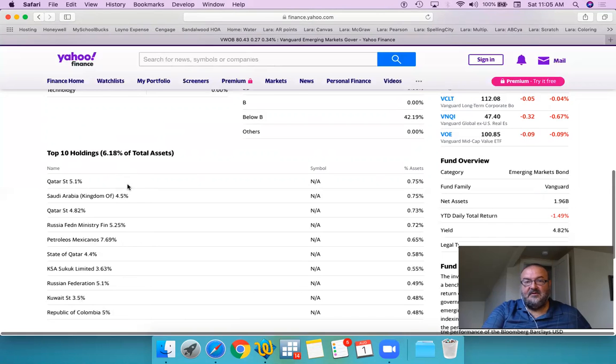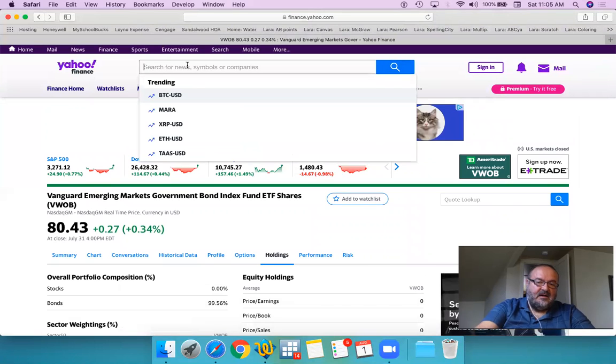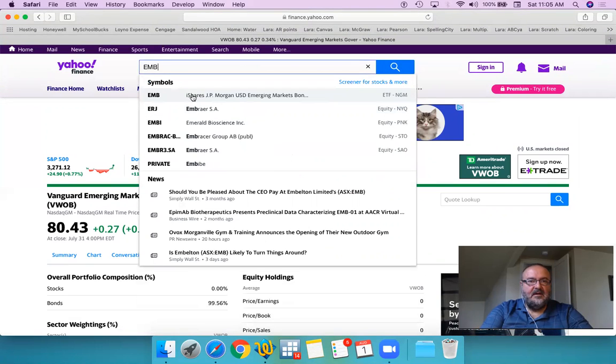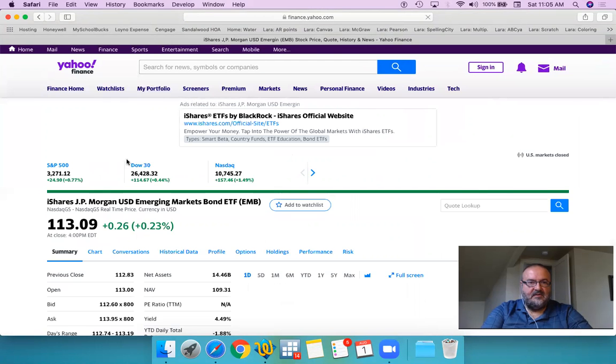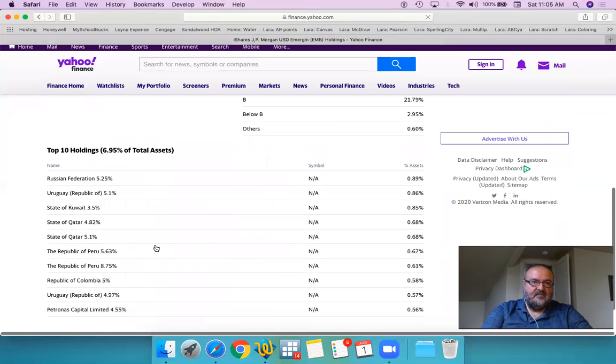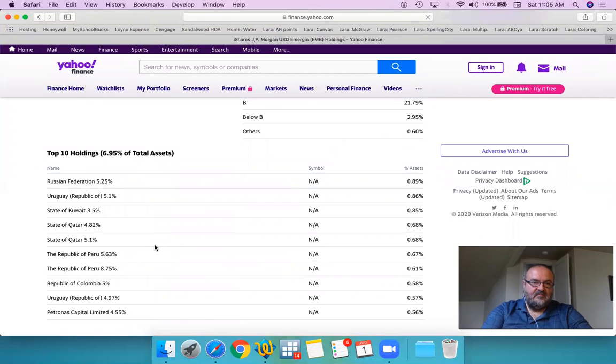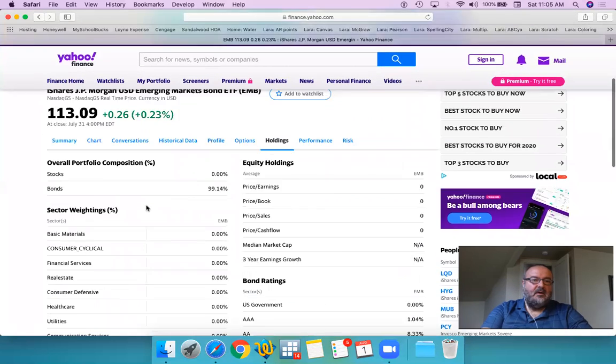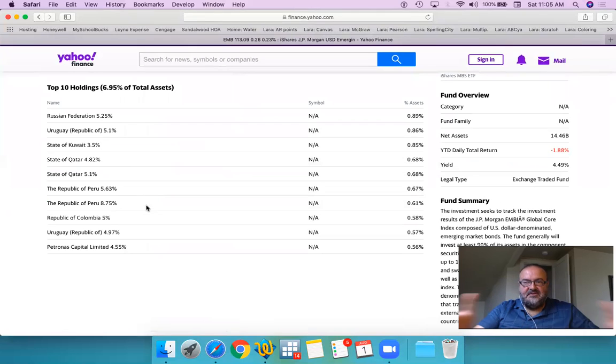Now, this would be different compared to, let's just say, EMB. And again, I just happen to know it for the sake of lectures. If you look at the holdings, now you have countries like Uruguay, Colombia, Peru, but you still have Qatar and Kuwait and Russia, still oil-producing countries. But all in all, having this diversified asset base or security base would be considered relatively safer compared to owning